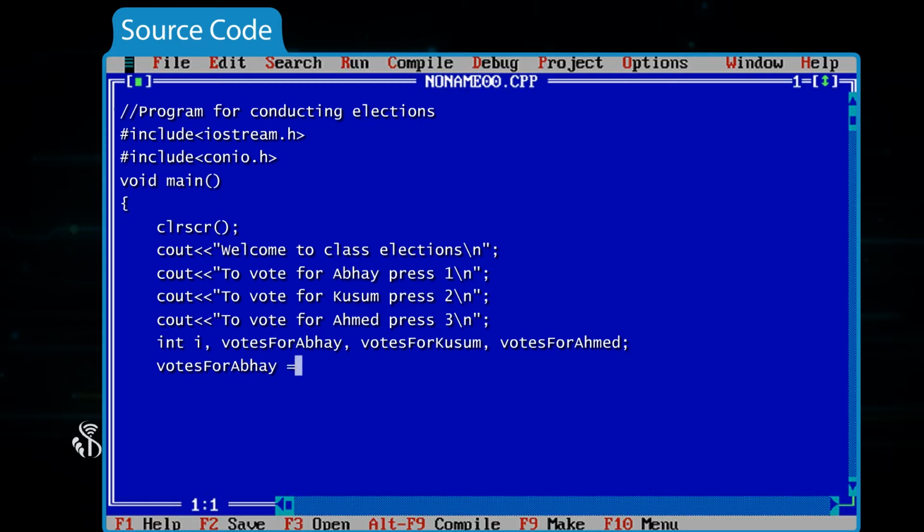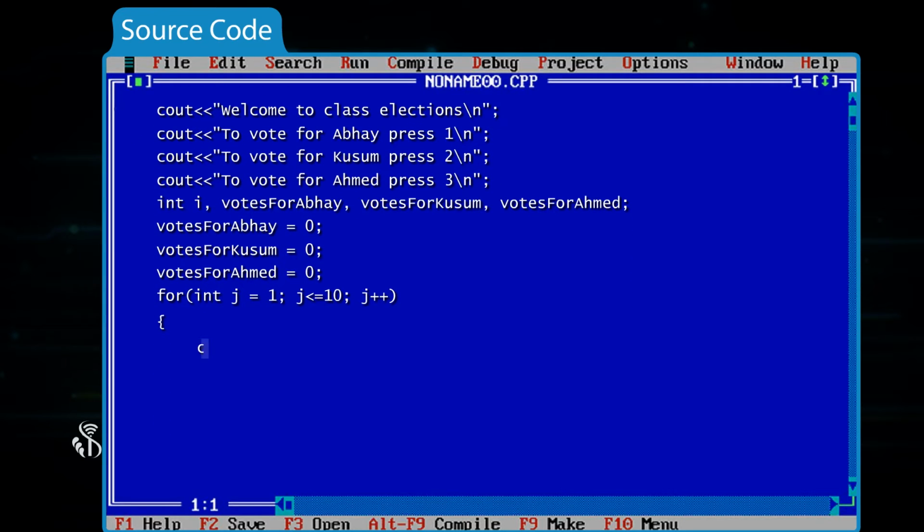votesForAbhay = 0; votesForKusum = 0; votesForAhmad = 0; for (int j = 1; j <= 10; j++) { cout << "Please enter your vote\n"; cin >> i; switch (i) {